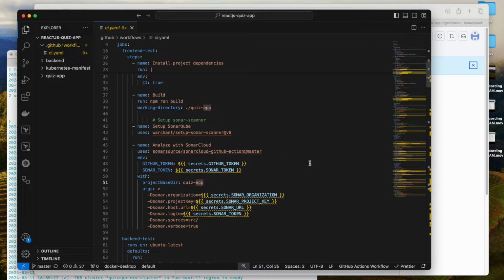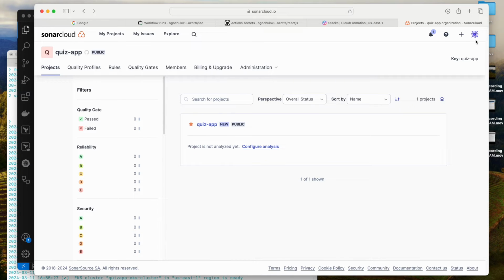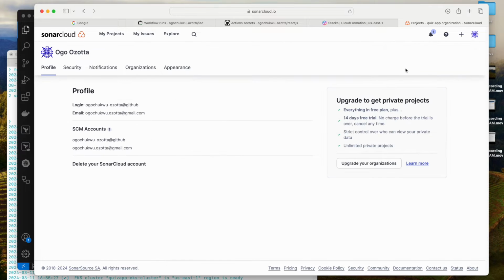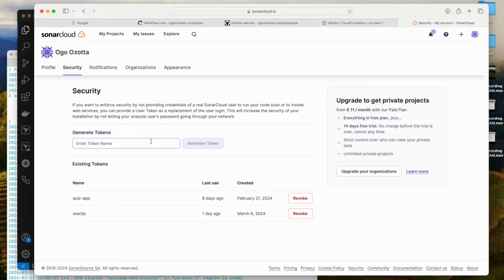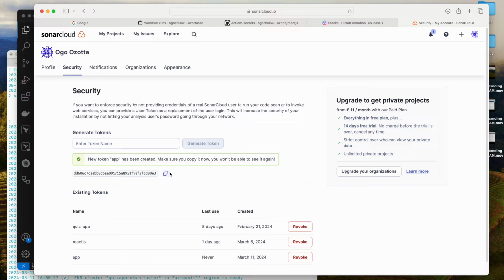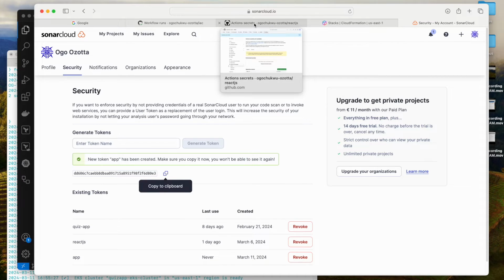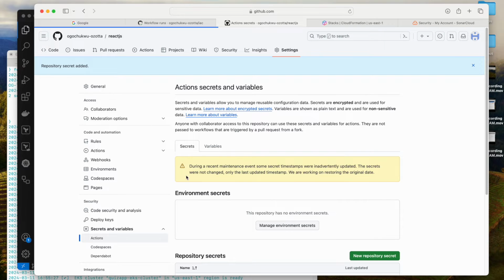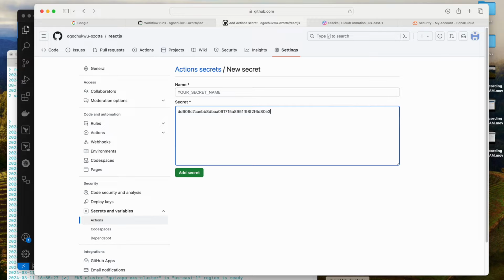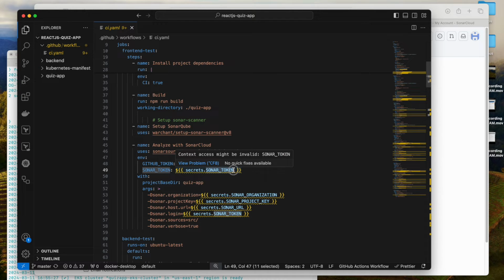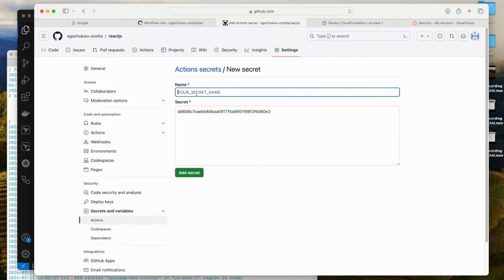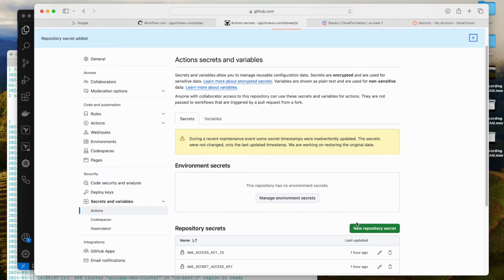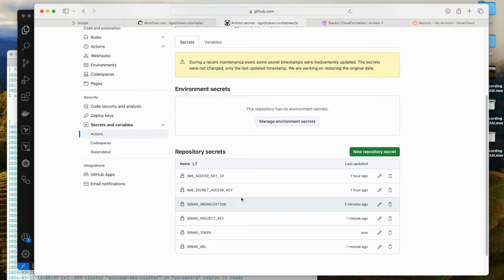Next will be to create the Sonar token. Go to security, create a new token here. I'll give it a name, App, generate token. I'll copy that token and use it to create a secret on the GitHub account. I'll paste the token here, then go back to the code and make sure I copy the same name. So add token. Add secret. Now these are all the secrets that we have